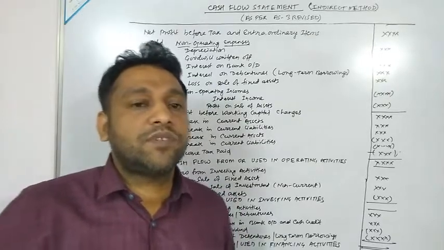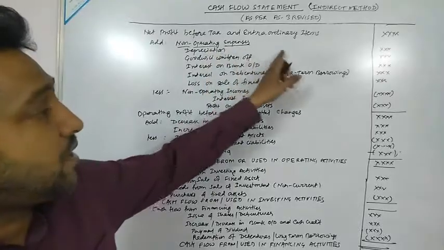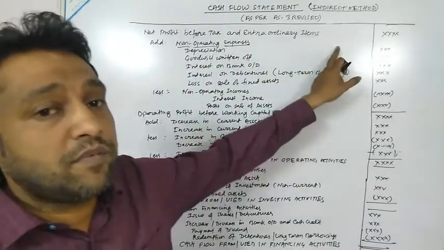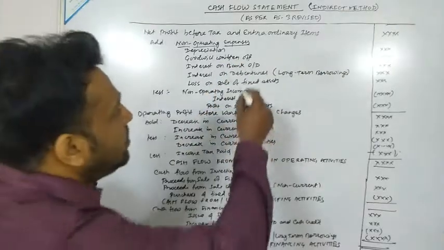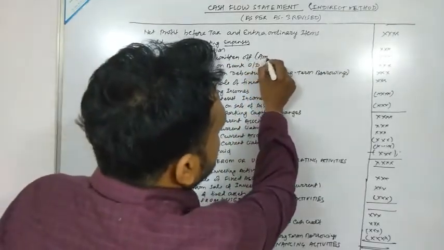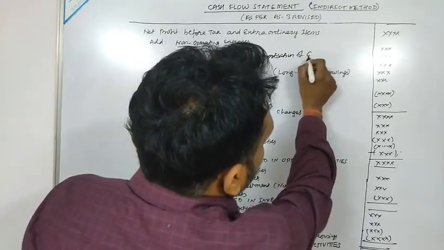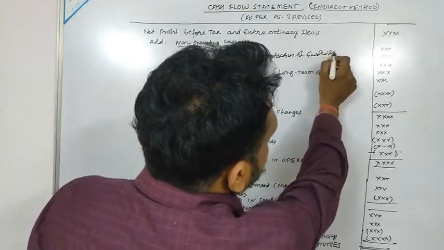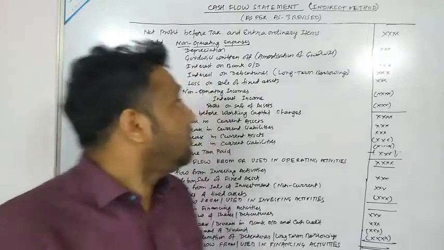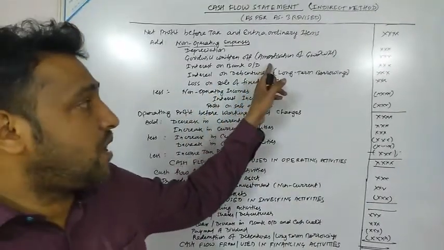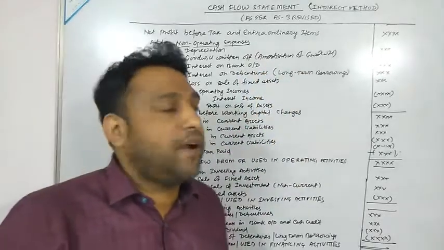So what are the items which constitute the non-operating expenses? You can say depreciation written off, which would be given in the adjustment, depreciation written off on fixed assets, then goodwill written off. Goodwill written off can also be considered as amortization of goodwill. The term amortization is used in the case of intangible assets. Now interest on bank overdraft would also be considered as a non-operating expense, so it will be added.